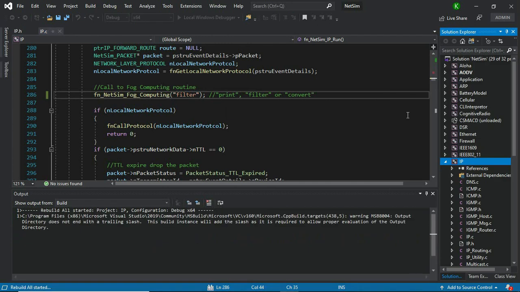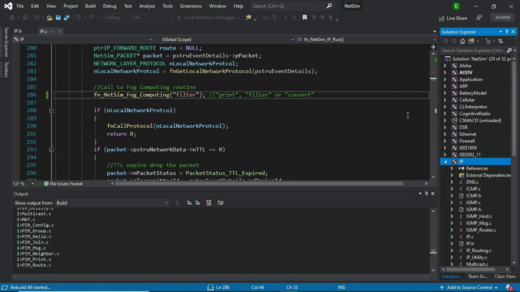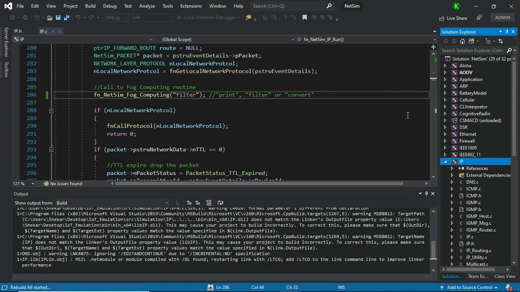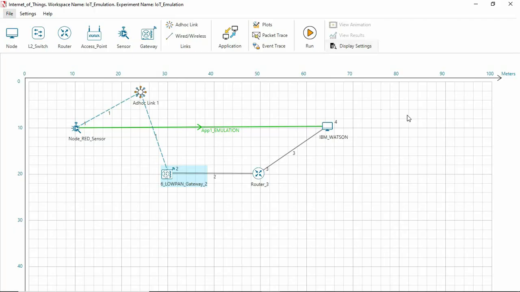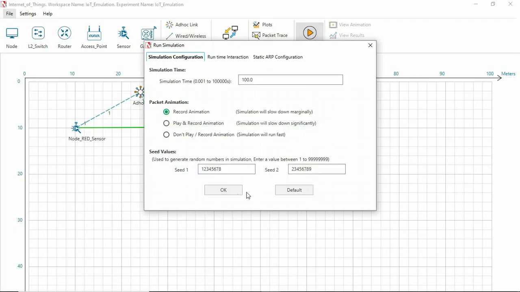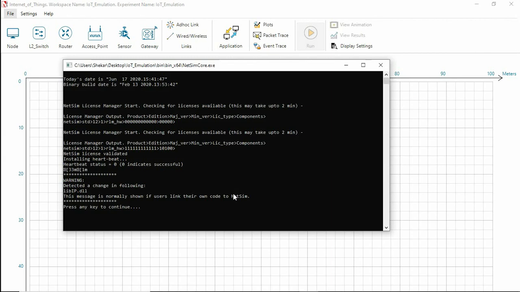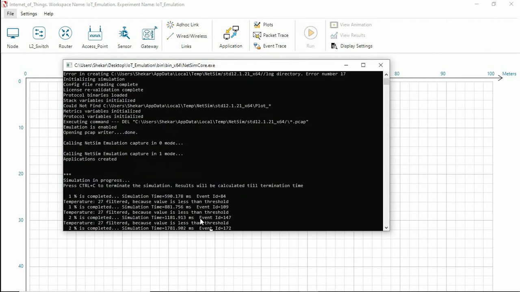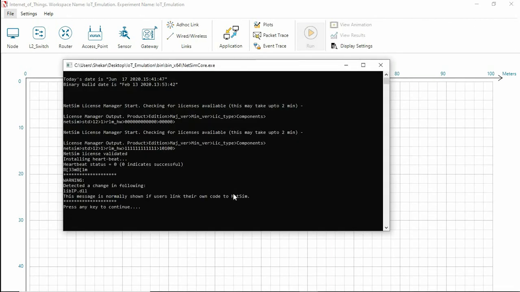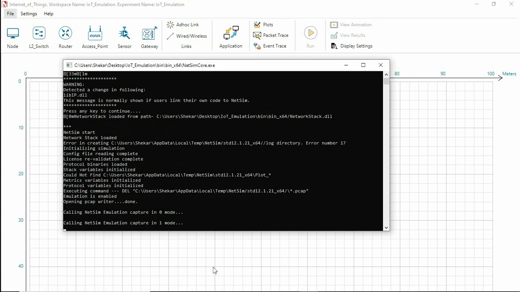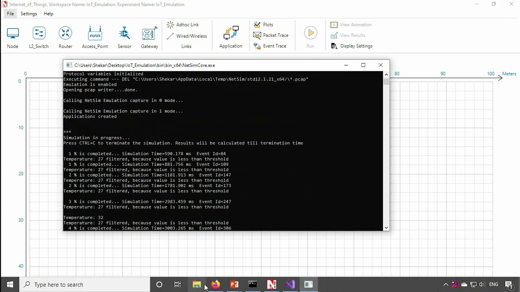We then rebuild and run the simulation. NetSim console as well as IBM Watson on the cloud now show only readings above 30. The values below 30 degrees Celsius are filtered.